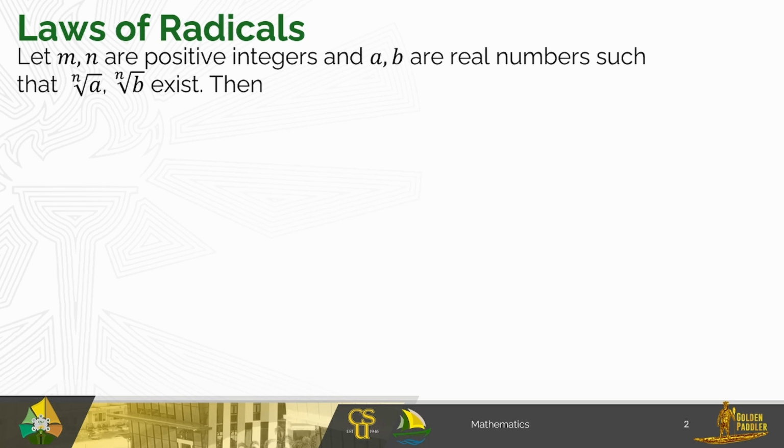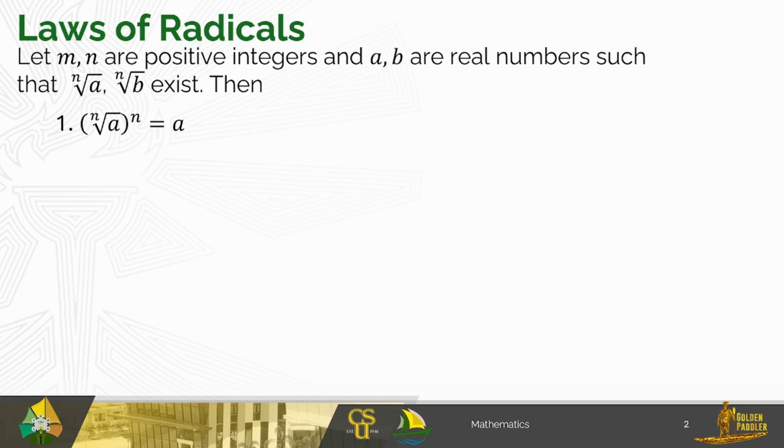Before we start simplifying radicals, here are the laws of radicals which will be useful to manipulate and simplify the radical expressions. Let m and n be positive integers, and a and b be real numbers such that the nth root of a and the nth root of b exist. Then